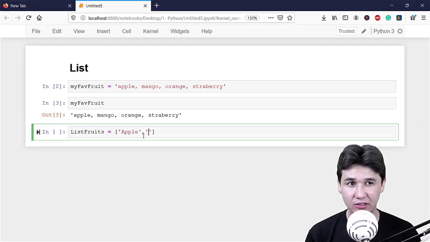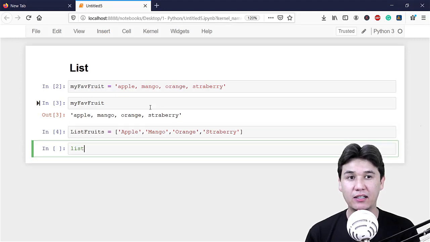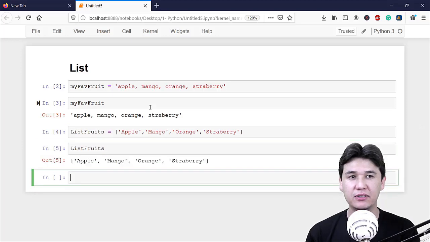I have done right now, and you are going to assign the second atom, and similarly you are going to do it for the rest of the atoms which we are going to write now. Okay. Now for example, the last one, which is strawberry. Now when I run that program and call list fruits, you will see that we have